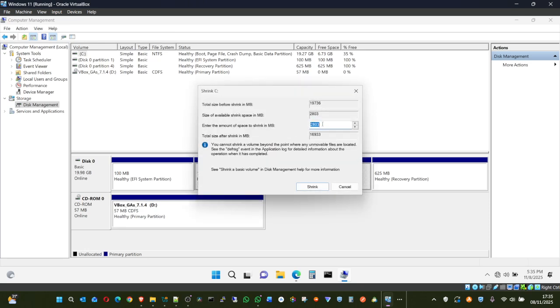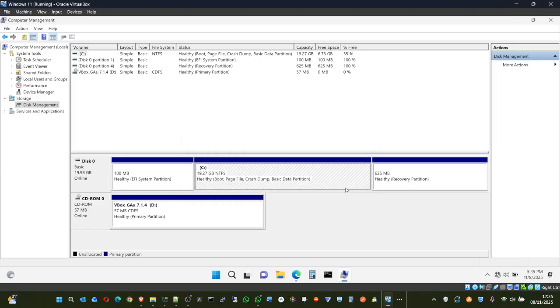You can say that I want to shrink 2.8 gig out of it. You can click on that. Maybe you have a 500 terabyte and 500 gig drive. You want to reduce it to like 40 gigabytes. You can shrink it and it will give you more space. That more space you can allocate for another thing entirely. All that can be done right here, but it requires careful attention so that you don't lose everything on your system.